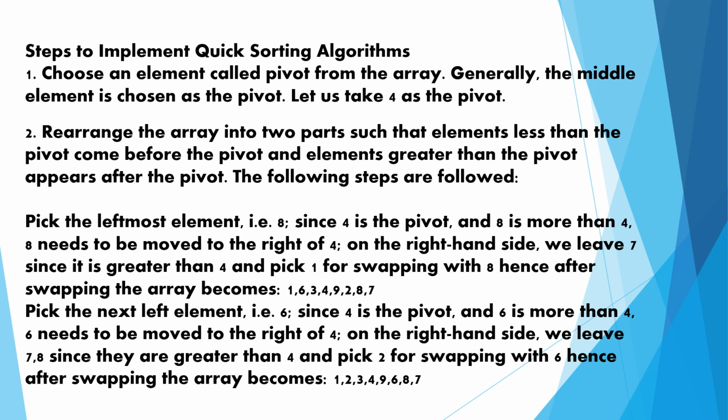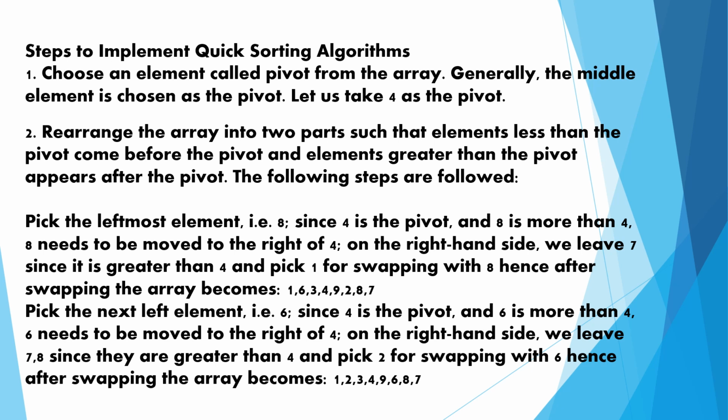Rearrange the array into two parts such that the elements less than the pivot come before the pivot and the elements greater than the pivot appear after the pivot. The following steps are followed. Pick the left element. Since 4 is a pivot and 8 is more than 4, 8 needs to be moved to the right of 4 on the right hand side, and we leave 7 since it is greater than 4, and pick 1 for swapping with 8. Hence, after swapping, the array becomes